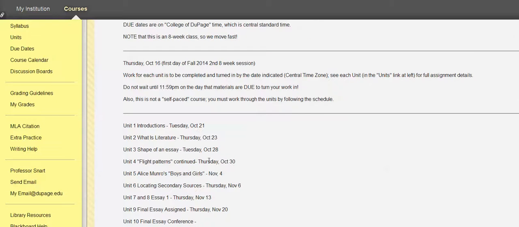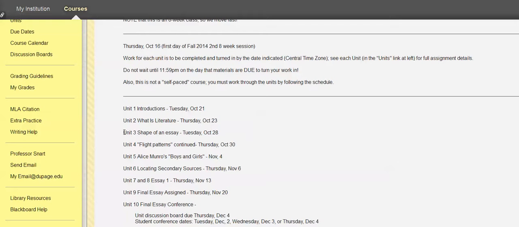We have just completed Unit 3, the shape of an essay, which was a lot of basic content as far as the shape of an essay, the shape of a paragraph, and how the general and specific statements within an essay, or within a paragraph, relate to one another. And then we turn around quite quickly